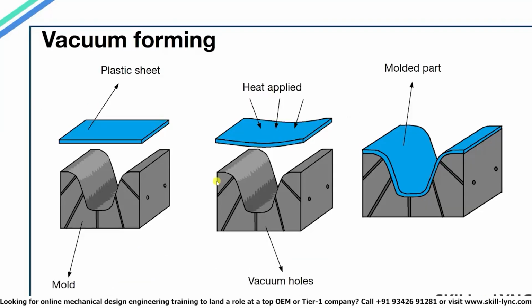Vacuum forming. This diagram here is not an accurate representation, but it still explains the general concept of vacuum forming. In vacuum forming, a plastic sheet will be placed over the mold and clamped using some mechanism. Then the sheet will be heated, which will make it more flexible. The vacuum formed at the bottom of the container will pull the sheet and the sheet will take the shape of the container. Food containers are one example of vacuum formed parts.